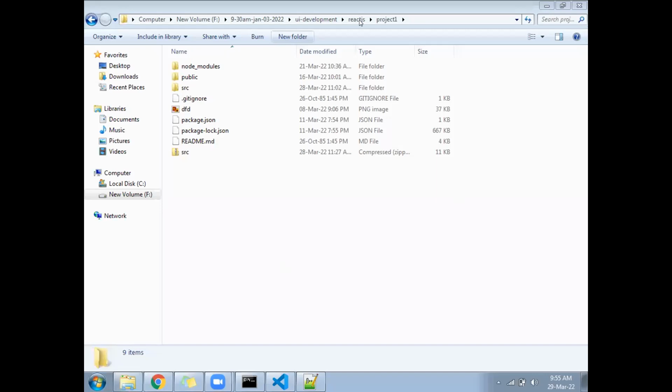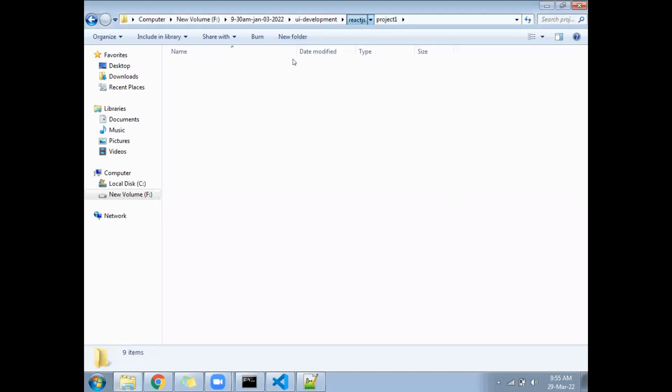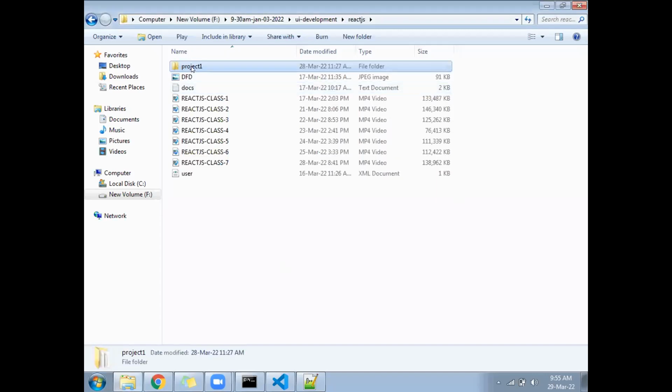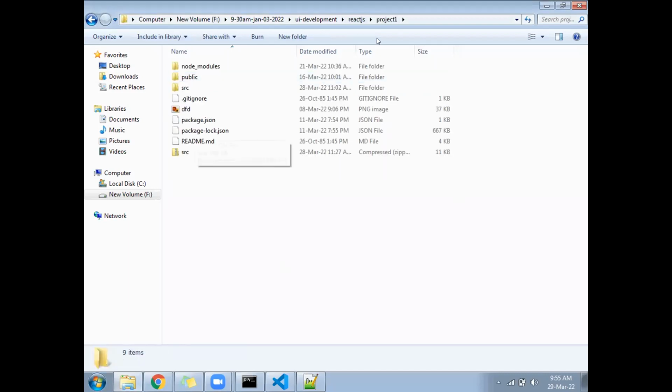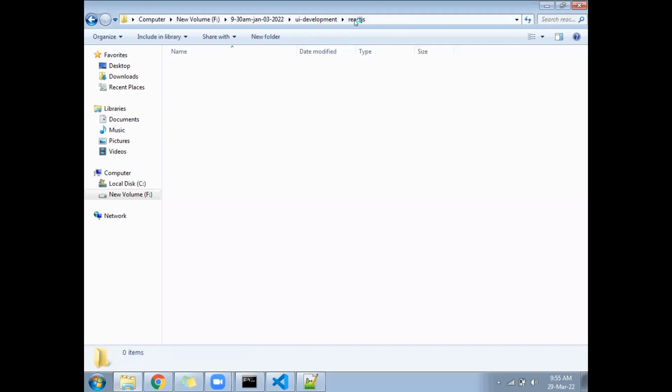Okay, out of the project one folder, not within the project one. Here, this is the project folder. Here we have the public notes and all, so don't create inside, create outside. Okay, a folder called